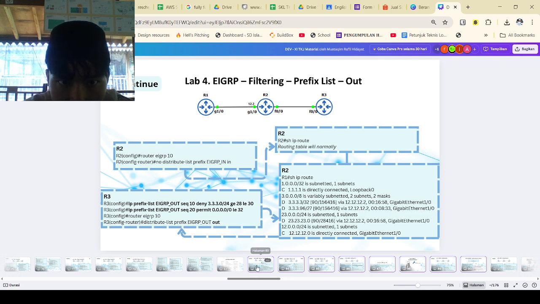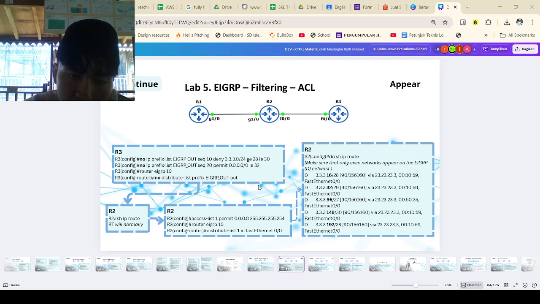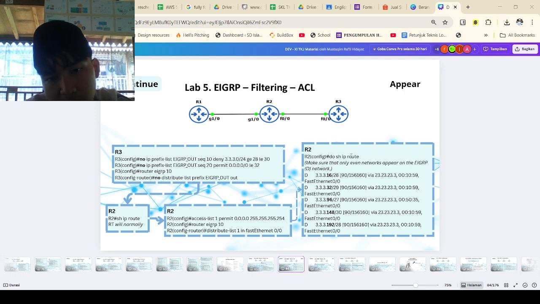Let's just move into the next part, lab 5, which is filtering with access control lists. So what the config does, as you might see here on R2, I've created an access list that matches only certain addresses. The access control list uses a special mask so it effectively picks out even networks.